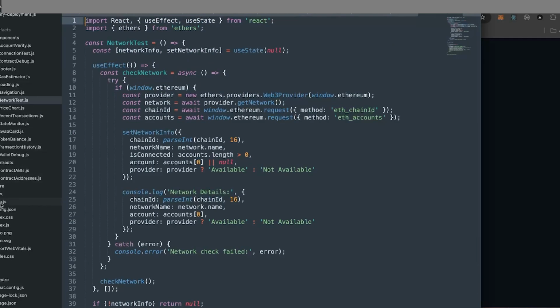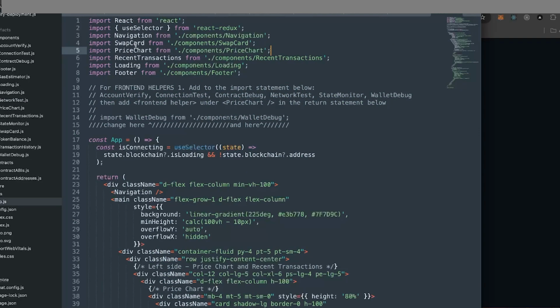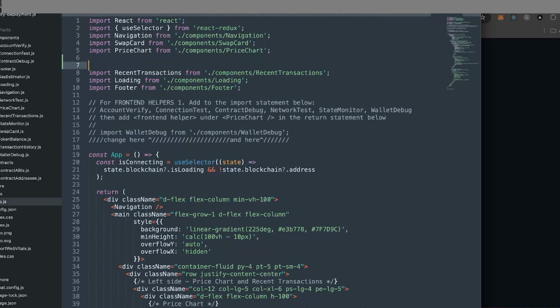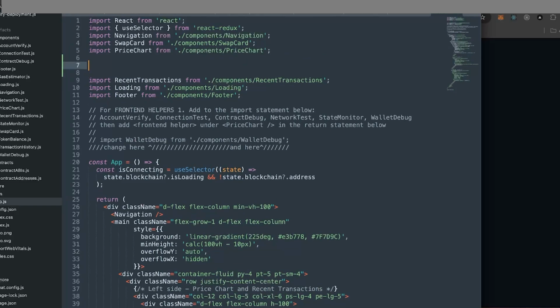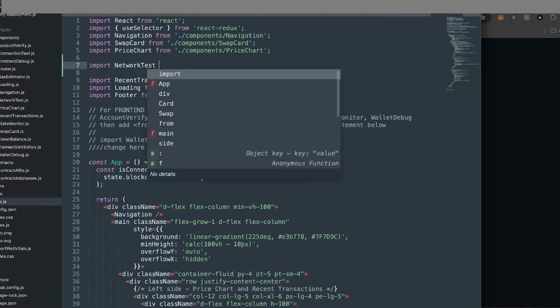But if we head down to our App.js, I'm going to go to where our example is. We're going to kind of mimic how PriceChart is used. I'm going to put a couple spaces just to isolate this in case I want to reverse it, or just to make it clear to me between work sessions and so forth. So I'm going to copy this shape of the above statement, and that's what it's called, right? Yep, network test, okay, from